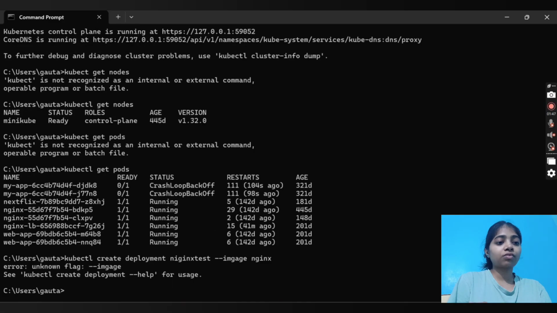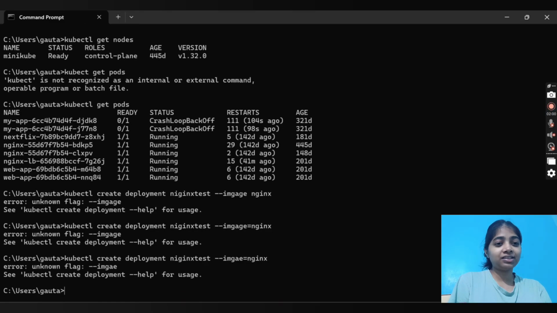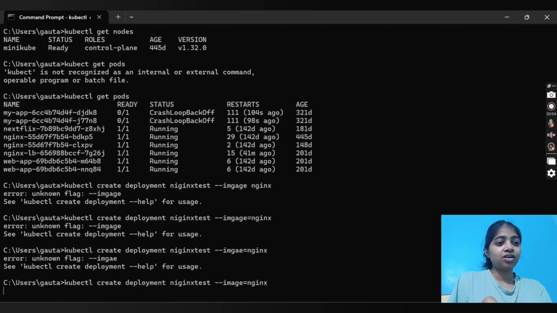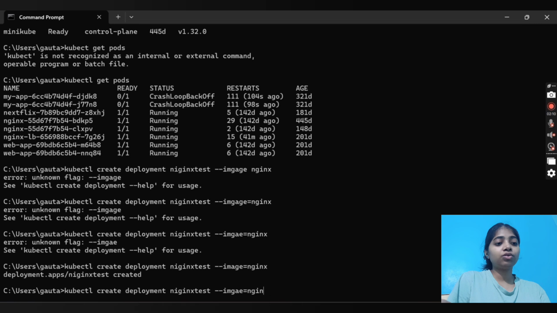Okay, the image name I'm using is incorrect again, my bad. So we can see the deployment.apps nginx-test is created, and if we do kubectl get deployments,